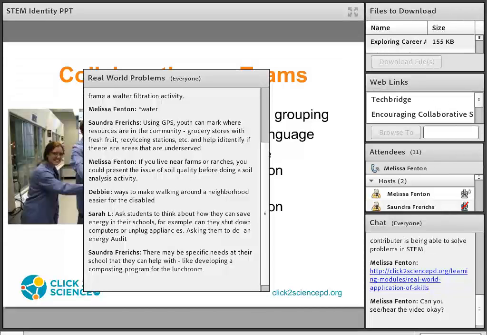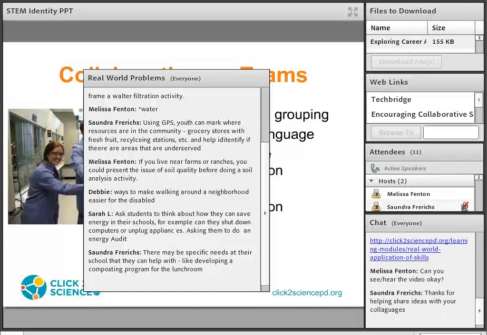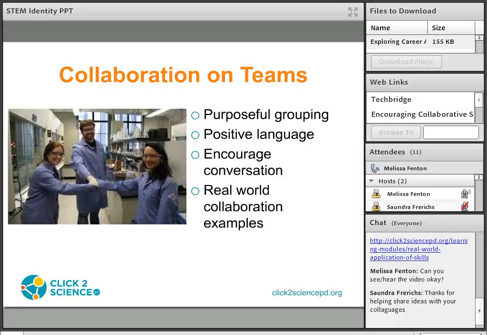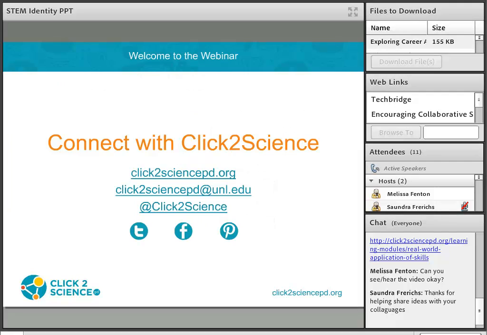So there are a lot of ways to frame the STEM activities that we do, and giving them a real-world context makes them feel like those users and contributors to STEM. These are problems that relate directly to them, especially if they're in their local communities or they know someone that it's affecting. Maybe they have a classmate who's disabled, or they have someone in their family. So that challenge could really resonate with them. And I think that's a great way to connect with your youth and help them develop a STEM identity.